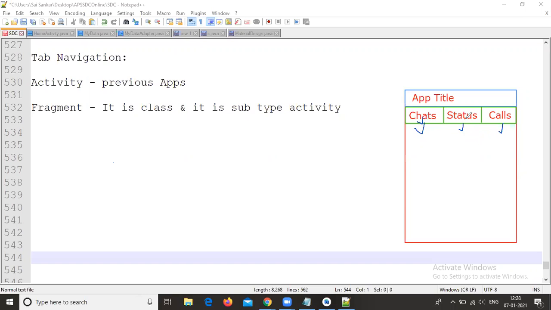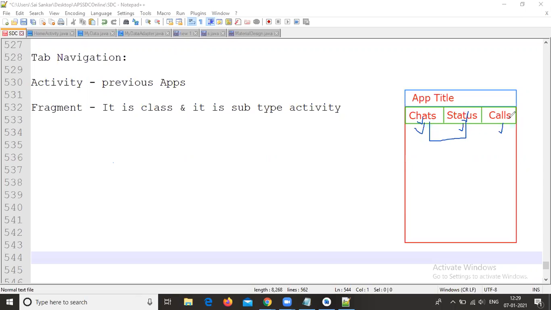The rest, Status and Calls, are in deactive state. If you want to open the Status fragment, Chats and Calls will be in deactive state and Status in active state. If you want to open the Calls fragment, Chats and Status will be in deactive state and Calls in active state.